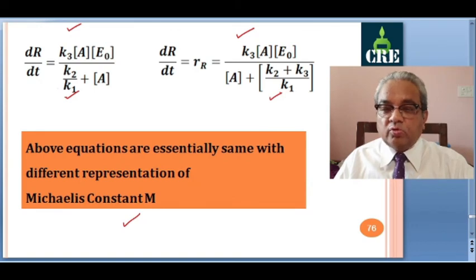So this completes our problems from the exercise of chapter number 2. We have covered all the problems from chapter number 2. So we stop here today. In our next lecture, we will start with modeling of ideal reactors: the ideal batch reactor, ideal plug flow reactor and ideal mixed flow reactor. So we stop here.